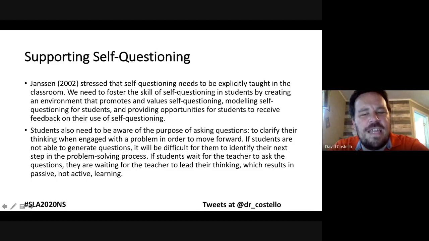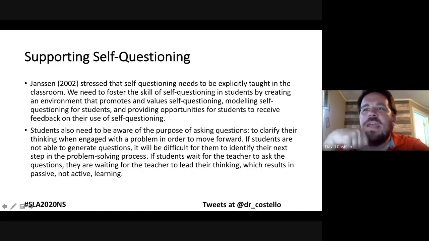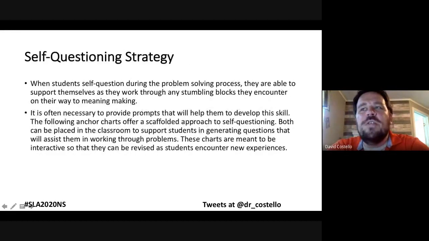But they need to be able to use questioning as a way to move their thinking forward. Because if we're waiting for the teacher to give them a prompt of what to do next, then that's really not active learning for the students. That's more of a passive learning. And that takes me here in that when students self-question